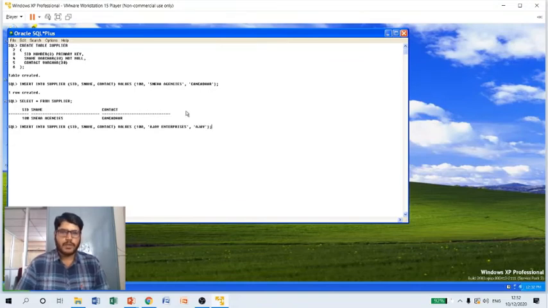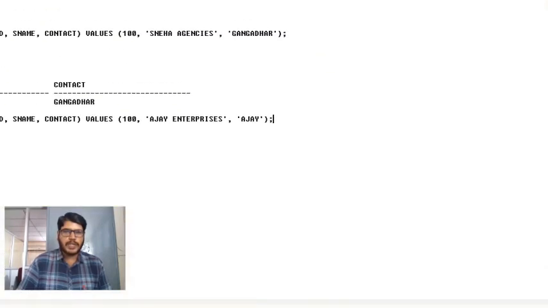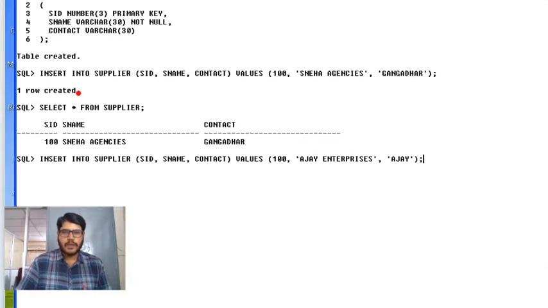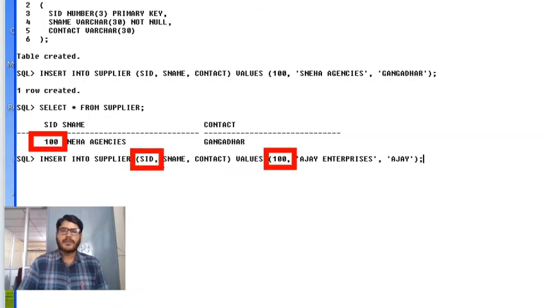Now if you observe this particular statement, already we have stored SID here as 100. Again, while inserting the next record, I am trying to store 100 as a value for SID, which is nothing but trying to insert a duplicate value.